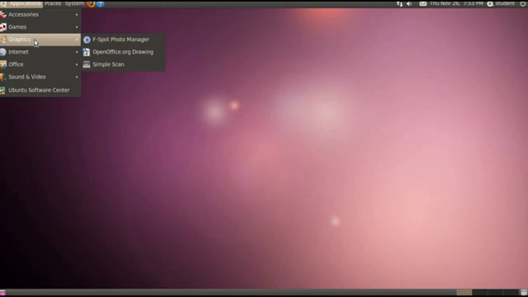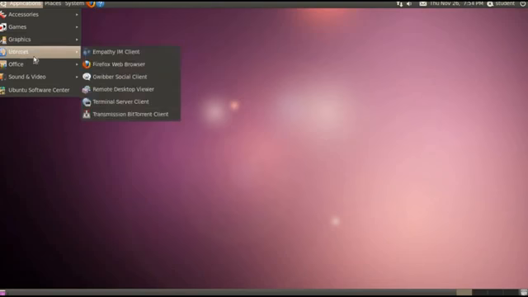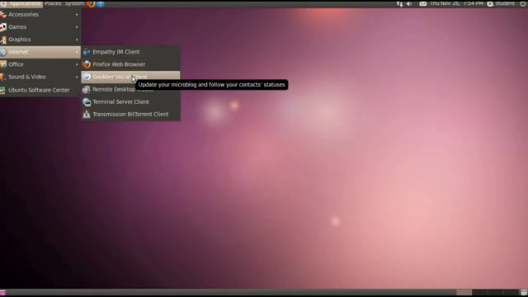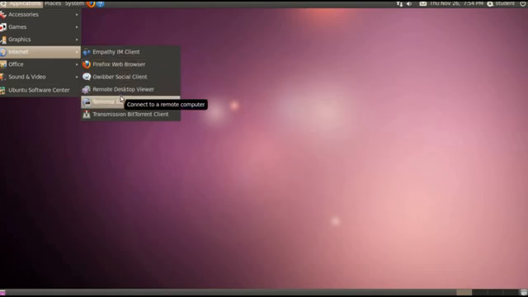Then comes OpenOffice.org Draw for drawing and painting, that is like the Paint program, and Simple Scan for scanning documents and pictures from a scanner. Then comes internet. This category contains Empathy IM client for chatting with others on the internet, Mozilla Firefox web browser for surfing the World Wide Web. Then Gwibber Social Client for social networking sites like Facebook, Twitter, and software to see the